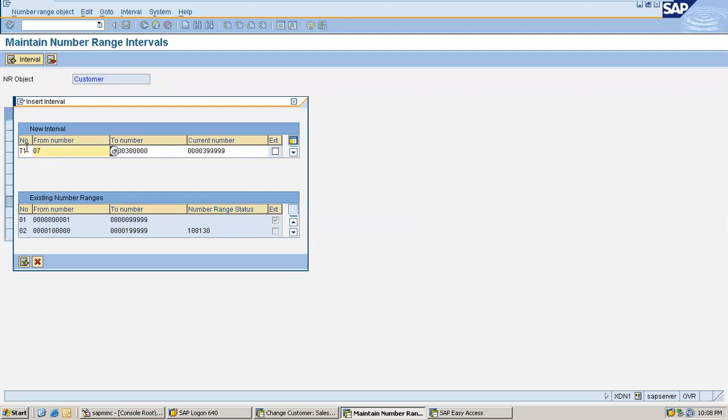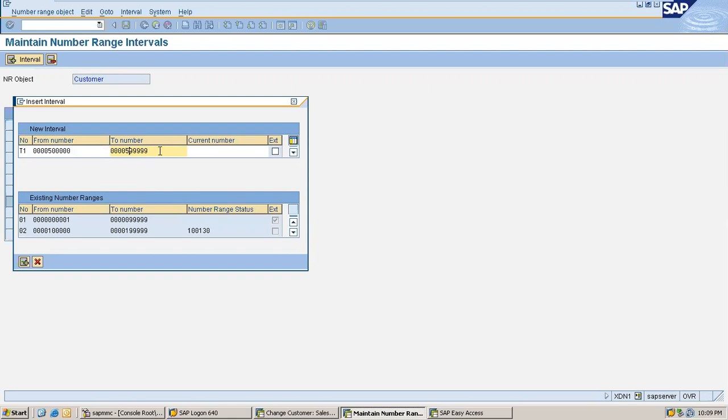Then I'm copying. Okay, sorry, I made a mistake here. I'll just copy as it is. Now I'll change this. Instead of 3, I'll make it 5 because this range is already used. Range 4 is also used, but 5 is not used. I have seen it earlier. You have to enter a number range which does not exist now in the system.